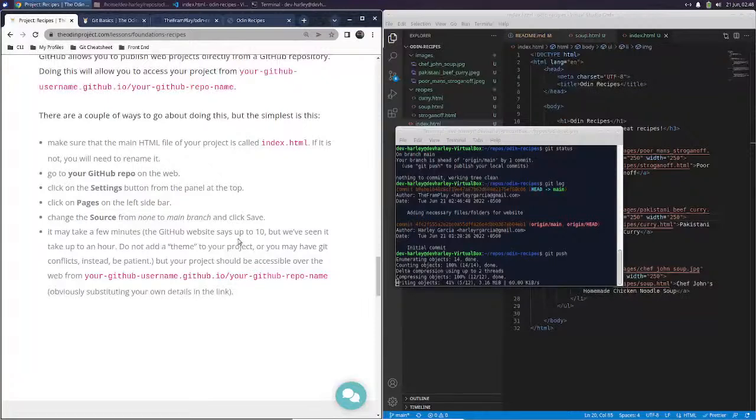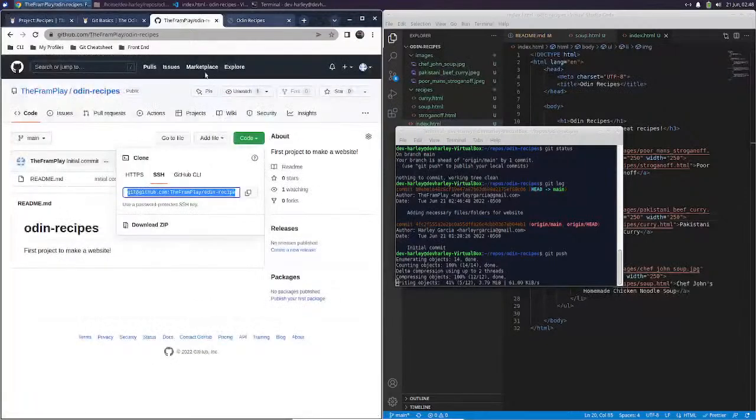The GitHub website says up to 10, but we've seen it take up to an hour. Do not add a theme to your project, or you may have Git conflicts. Instead, be patient, but your project should be accessible over the web from your Git username. Okay, so while that writes over,